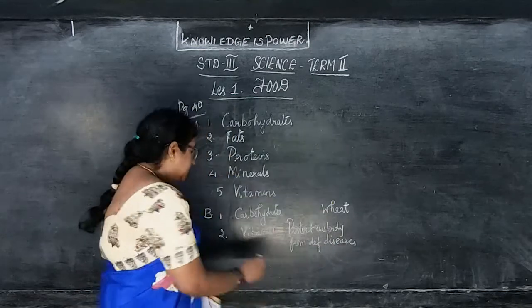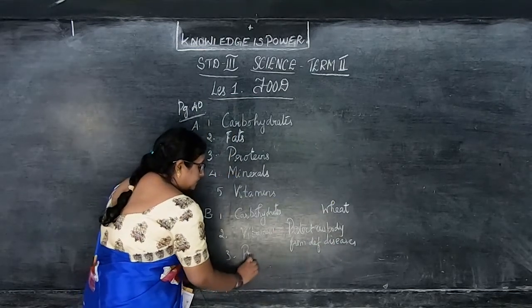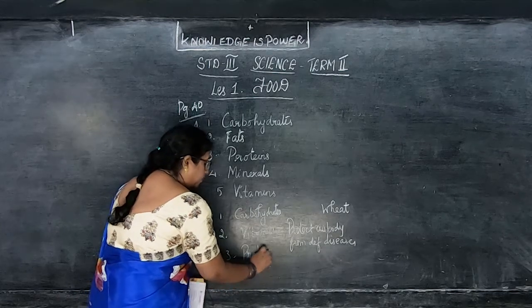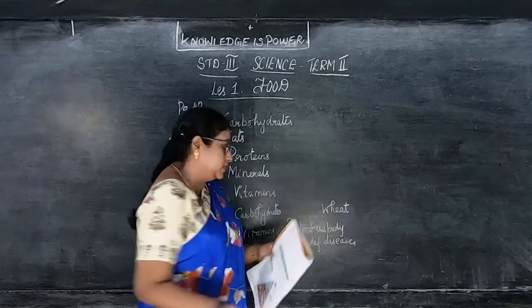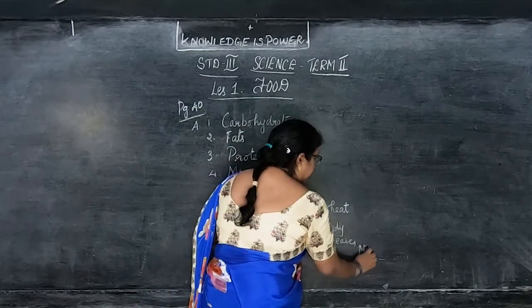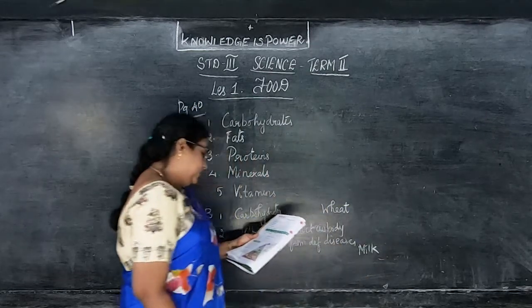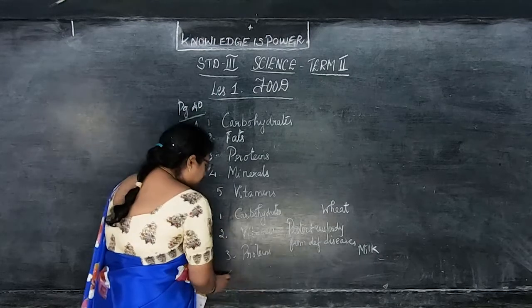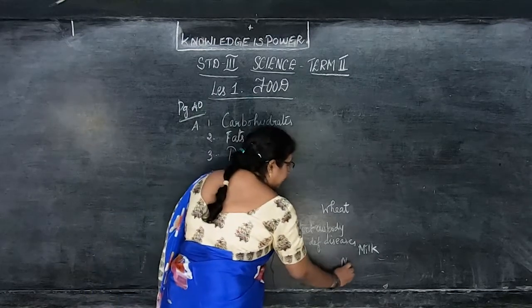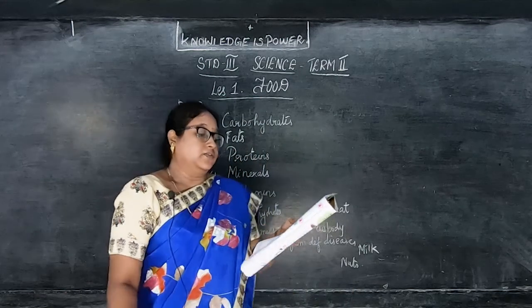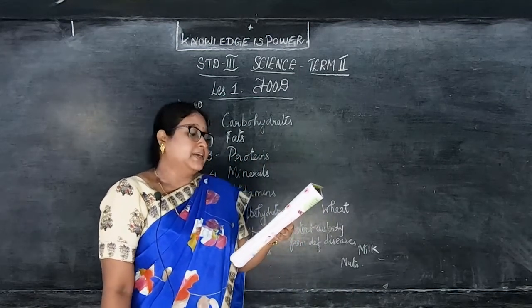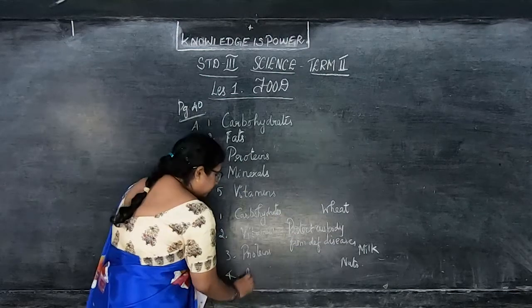Then third is, it's not given for you, but it is proteins. Okay, proteins. They help to build our body. So what is the source here? Milk. Okay. The next, fats. Reservoir of energy. And what sources they have asked? Any source you can write. Okay. That is nuts. Any food item which contains fats. Then minerals.